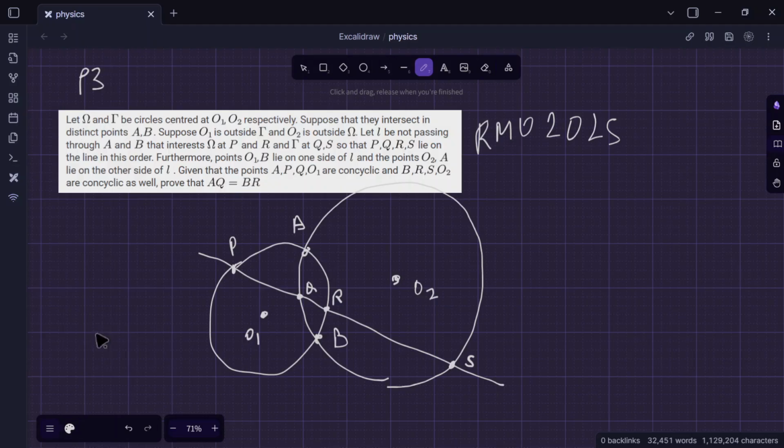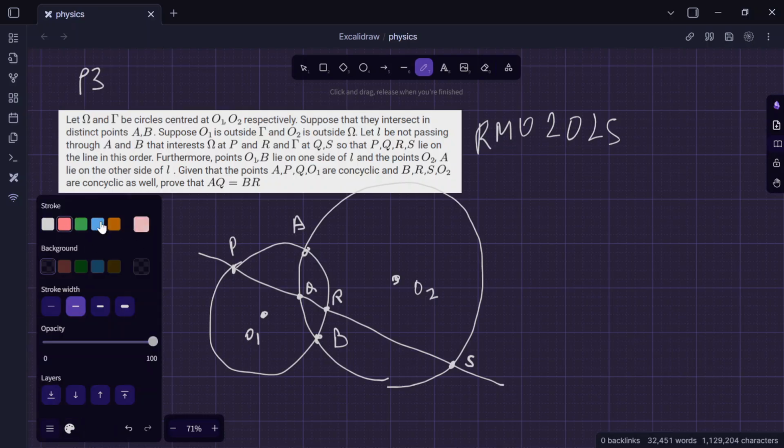Omega and gamma are circles centered at O1 and O2 respectively. So this is omega, this is gamma, and they intersect at A and B. Suppose O1 is outside gamma, and O2 is outside omega. Let L be a line not passing through A and B that intersects omega at P and R and gamma at Q and S, so that P, Q, R, S lie on the line in this order. This is L,